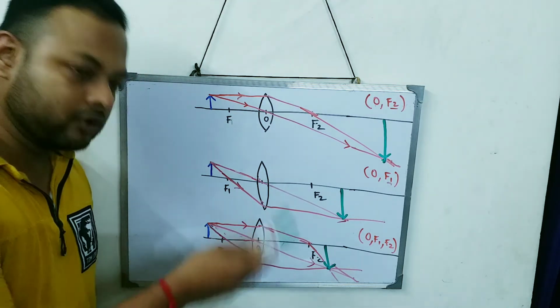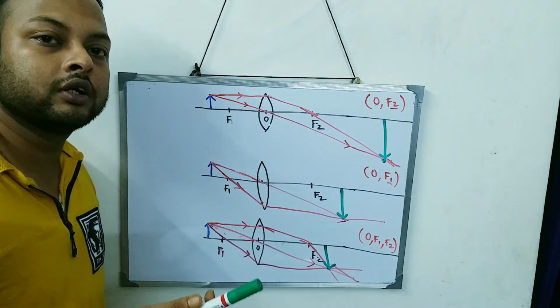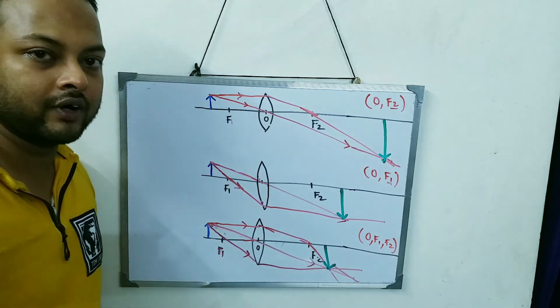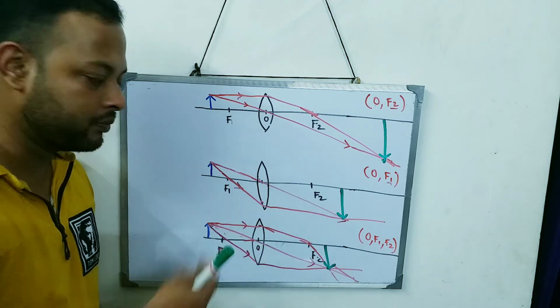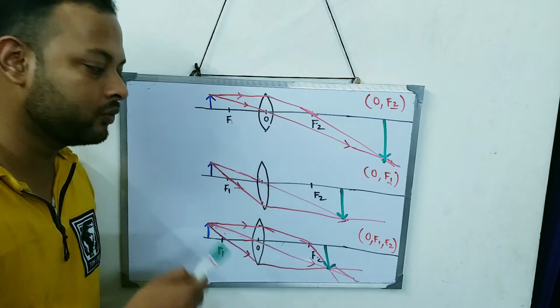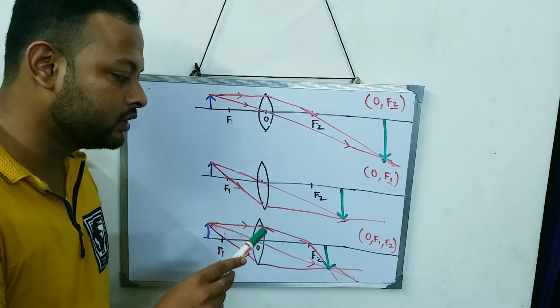My ray diagrams are not accurate, okay? You can see the book or my notes, and over there it is drawn very accurately, but because I'm doing it freehand, and the board is very slippery, I'm not getting straight lines. But just do it by yourself, you will get straight lines. You just need to get the idea.